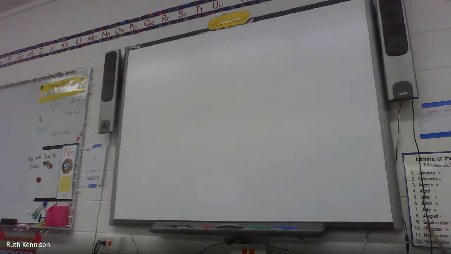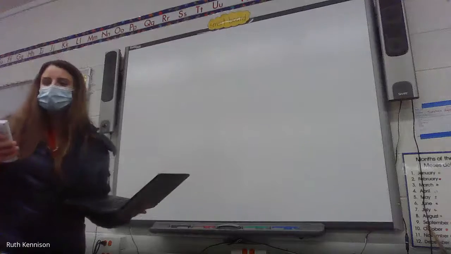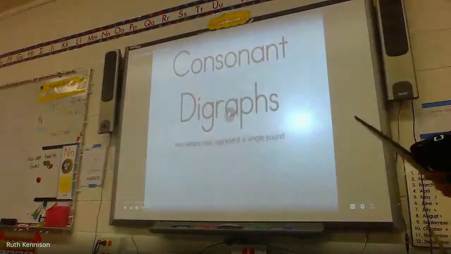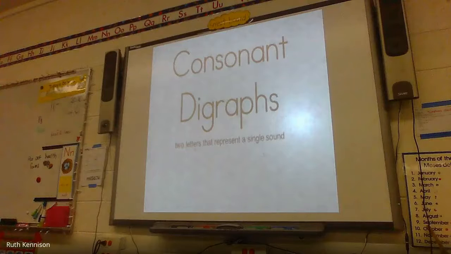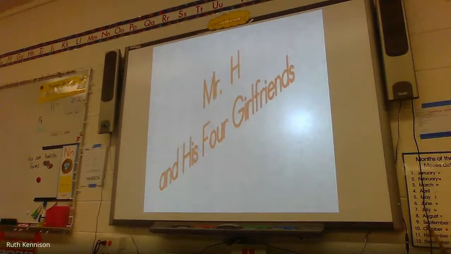Digraphs. Okay, I got it. I'll turn on the screen because it's pretty funny, and I think it has a good. What are they? A digraph is composed of 2 letters that represent a Put it single on Class sound. Dojo and all. 4 of the most common digraphs, and the ones we will cover today, are So, SH, CH, WH, and TH. I'm going to tell you a silly story that will help you to remember the sound made by each of these digraphs. The name of the story is Mr. H and His 4 Girlfriends.